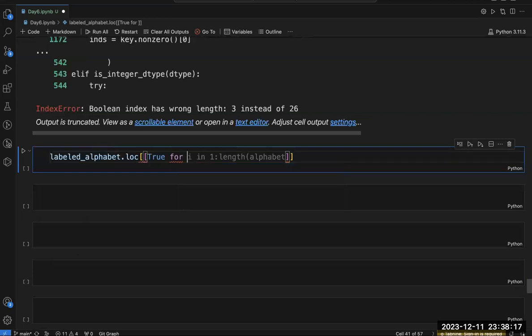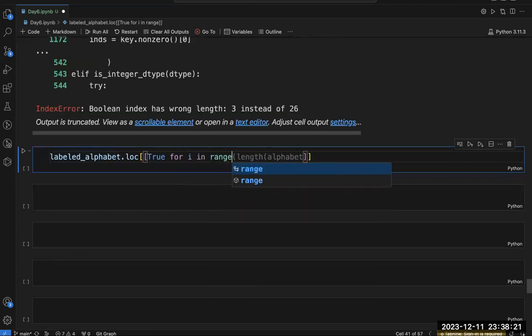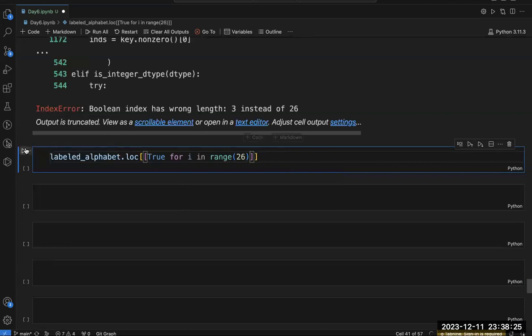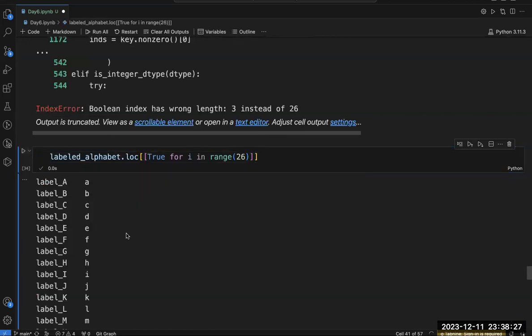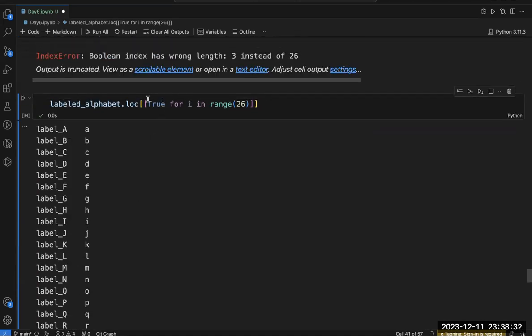True for i in range 26. If you do this, you will get everything from A to Z, because true is coming 26 times, repeating from 0 till 25.